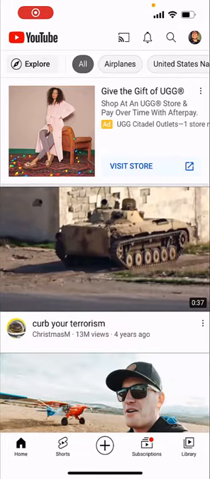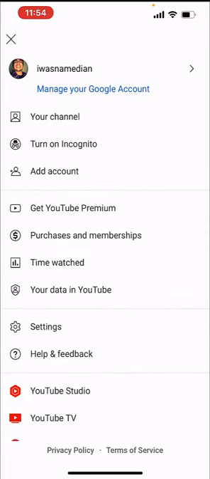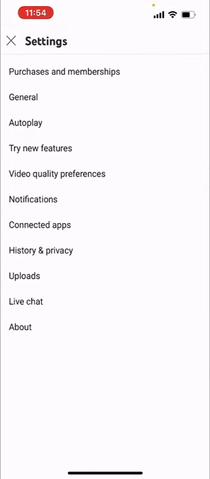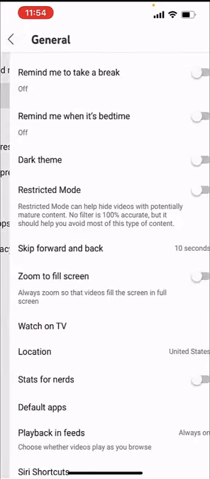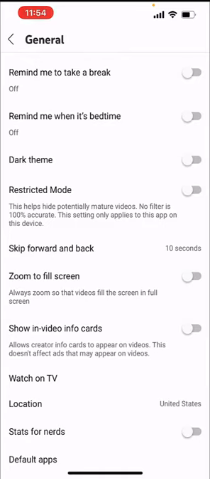Today I'm here to show you how to disable YouTube restricted mode for the YouTube app. Go ahead and open up the app. In the upper right hand corner, tap on your channel icon, tap on where you see settings. From there, general, and you'll be taken to the general page where around mid page you should see where it